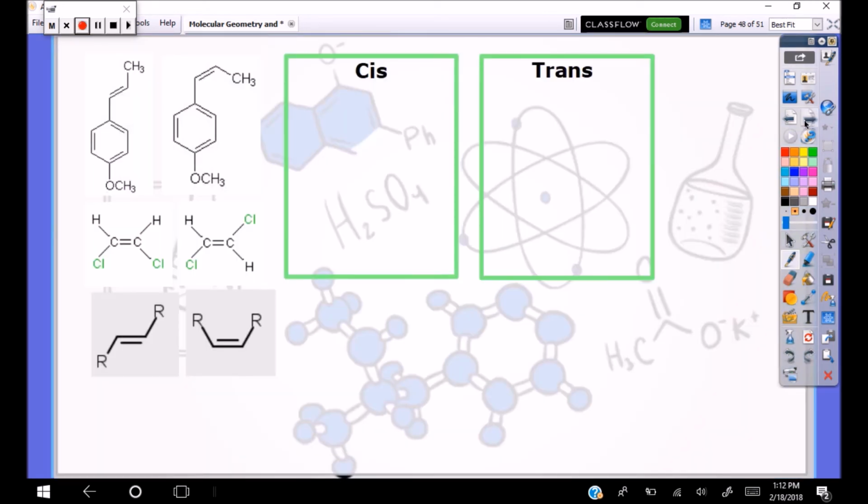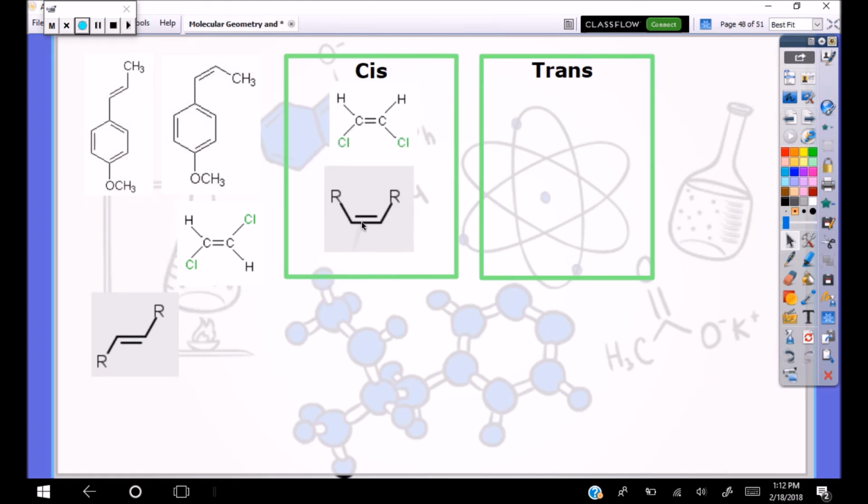So let's try and arrange some of these. Let's see, the first one, again, cis means they're on the same side. I've got chlorine and chlorine on the same side, and here I've got my 2 R groups on the same side. And then this one's tricky,